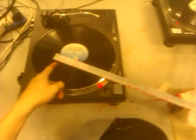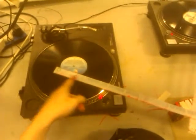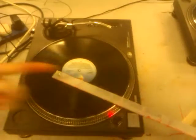Just so you know, if you can't see this from the video, there's a bit of perspex, and it's joined onto the record with a bolt there. So it spins round and on its own would just go backwards and forwards. And there's another one, and they're joined together with this pivot here. So it's sort of like scissors, and it goes like this. So if I just set it off,